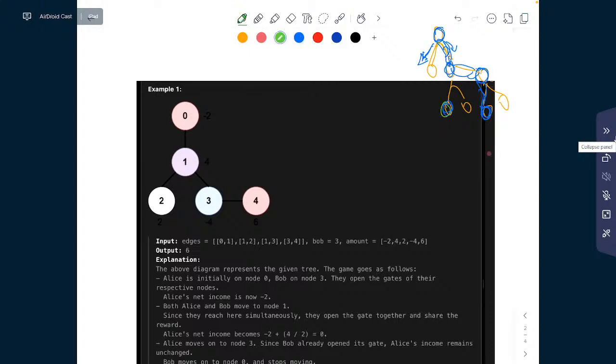For B also, B is somewhere, anywhere, right? For B also, there can be multiple paths, but it has to go up. That's a condition. What does that mean? B has to always go upwards. So out of all possibilities of B,